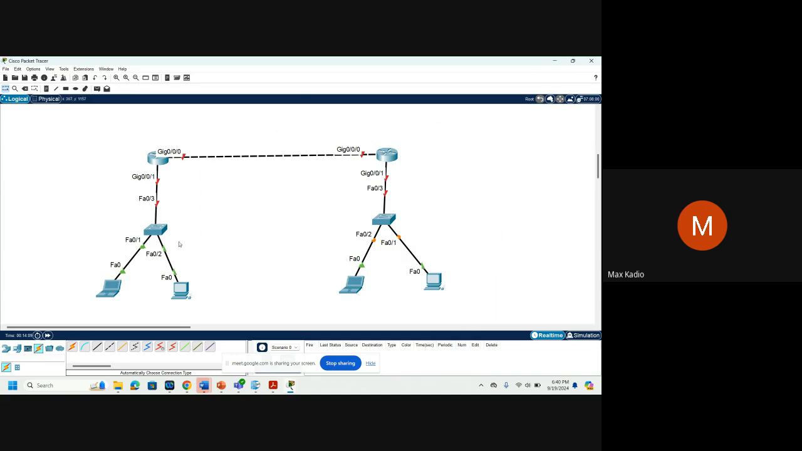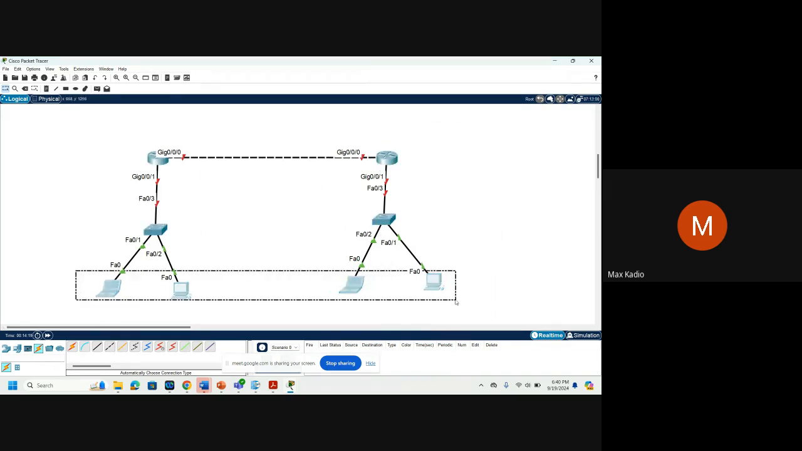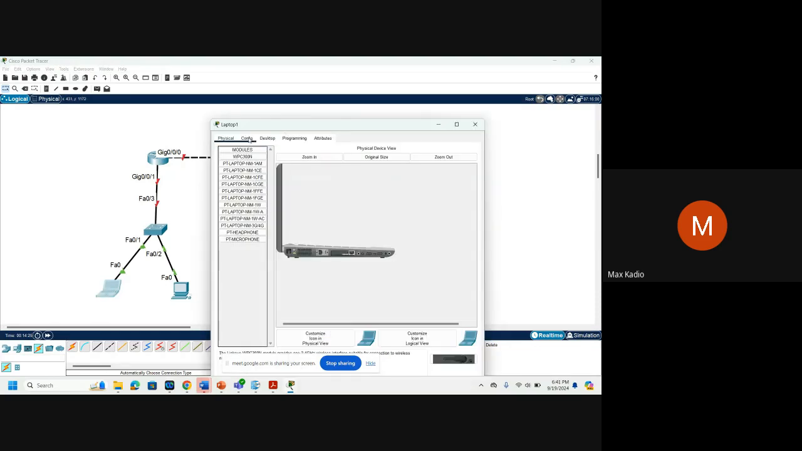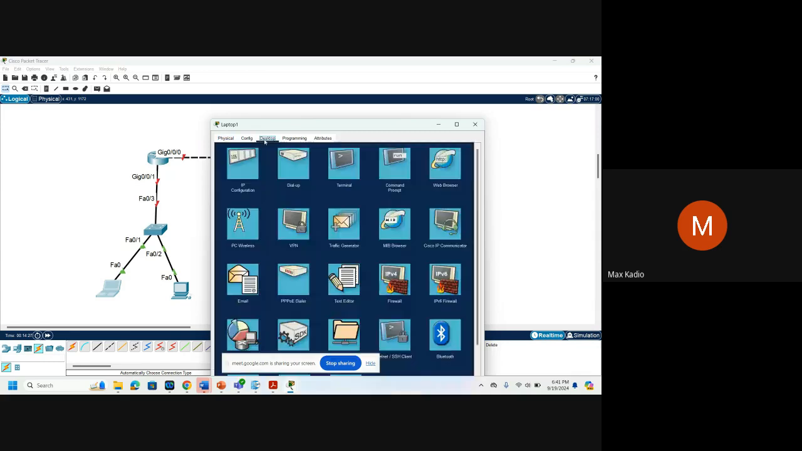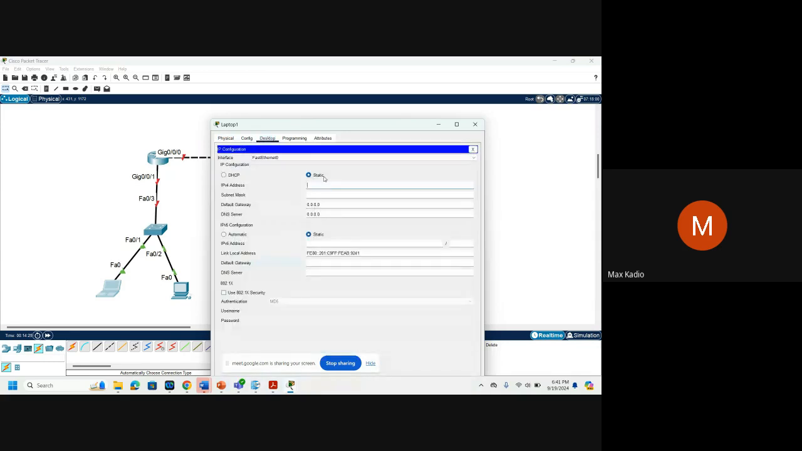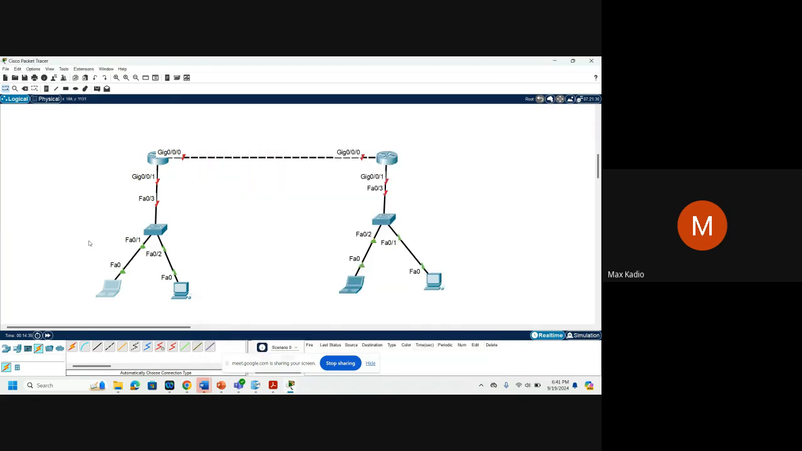So this is a small network. Let's say you're here in Cape Town, and this one is in Pretoria, for example. And all of these pieces need to communicate between themselves. So I'm going to add IP addresses. I'm going to call this one, okay. So this network, I'm going to call it